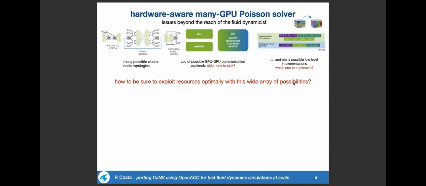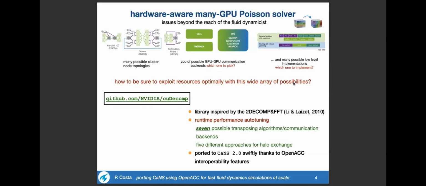Fortunately, in parallel to the development of CaNS 2.0, the cuDecomp NVIDIA library was developed, and what it does is really nice. At runtime, this library implements these transpose operations with all possible NVIDIA communication backends and many low-level implementations. And it does a sort of runtime auto-tuning step that checks what is the best combination of processor grid and communication backend,